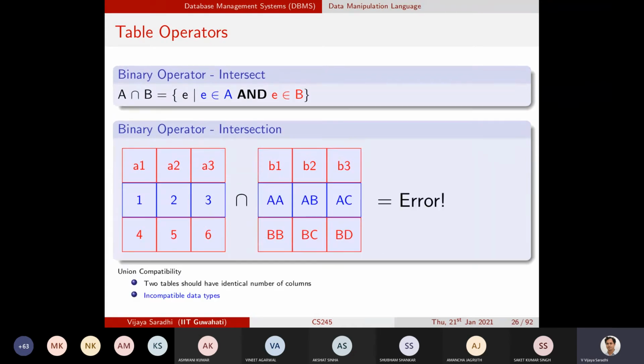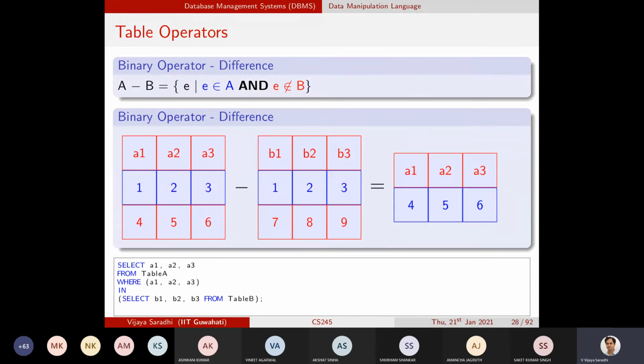So once again, these error things we have already looked at. We'll look at set difference. And then what is the real world query for the intersection operation? It is a very pragmatic query that can be asked: give me the common courses taken by BTech third year students and BTech fourth year students.